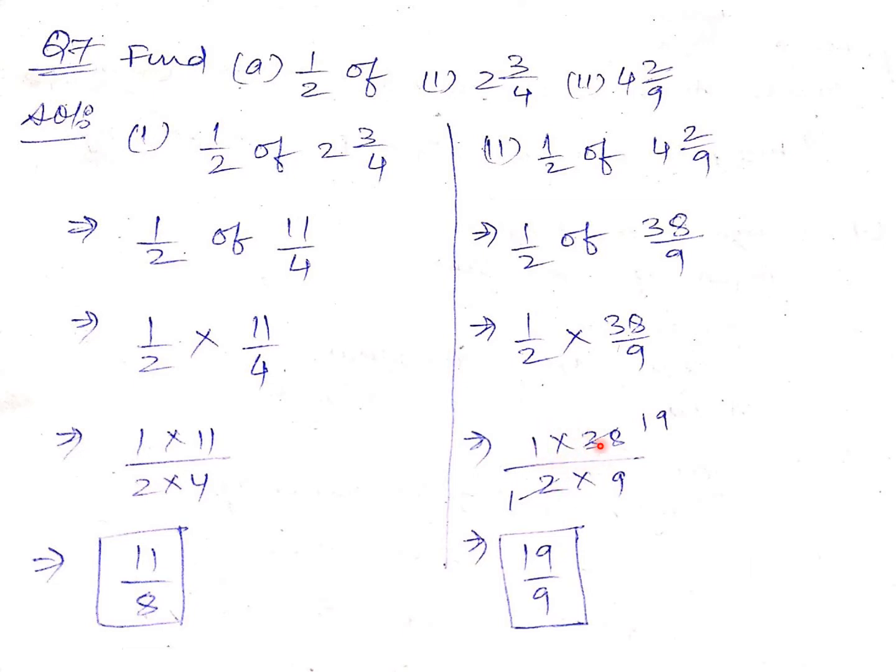This is a rule. So I know in the table of 2, 38 comes at what number? 2 19s are 38. If you don't know the table, no issue. On the rough side, you can divide by 2 and you will get the answer as 19. So the final answer is 19 ones are 19 and 9 ones are 9. That is the final answer. I hope you got it.